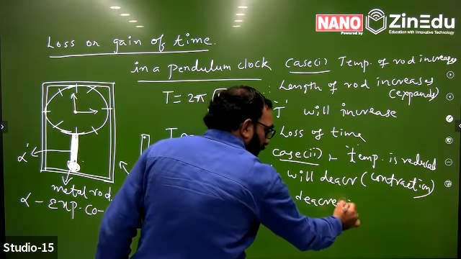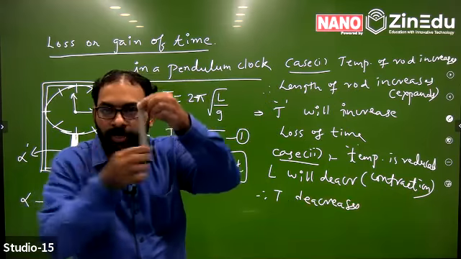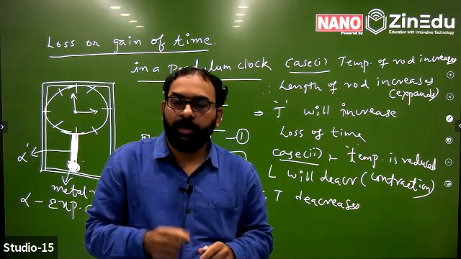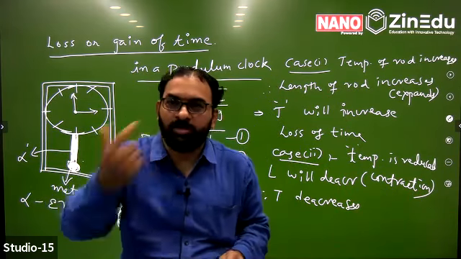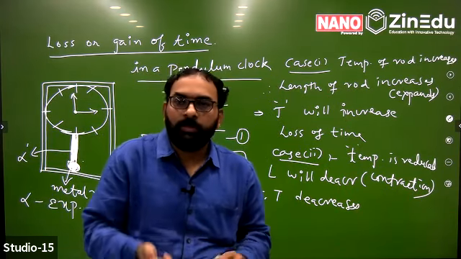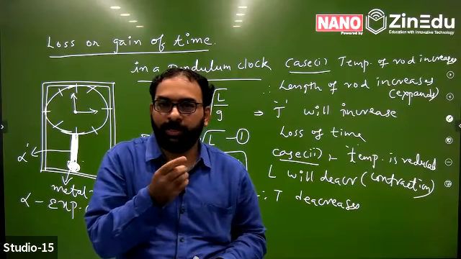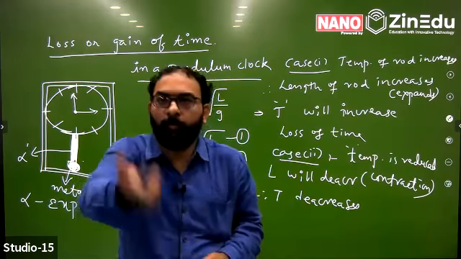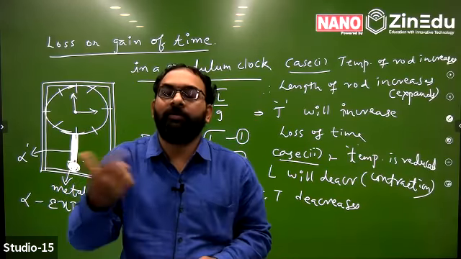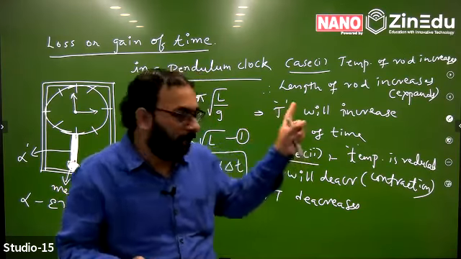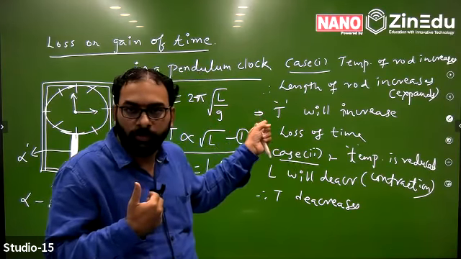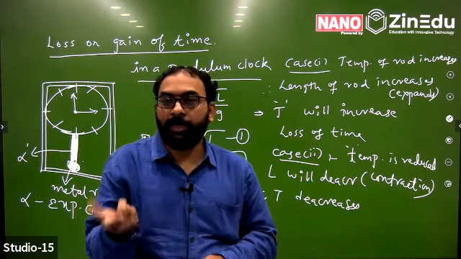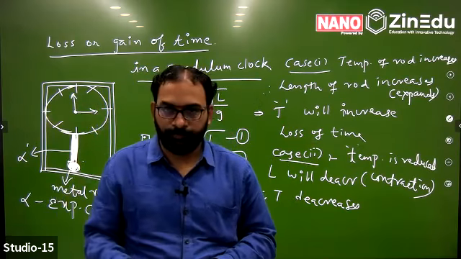Time period decreases means what, you know? The oscillating pendulum rod is very short, and as it is very short, it will make quicker oscillations. Means in 1 second it will take very less time to make one to and fro motion, quickly it will make one oscillation. So there is a gain of time, which is our technical word used in questions. In general, for your understanding, gain of time means the clock is running fast.